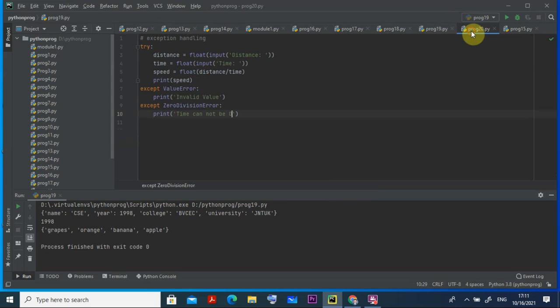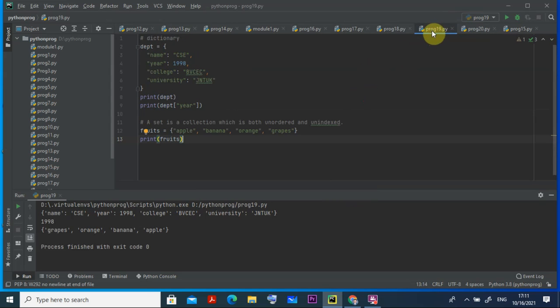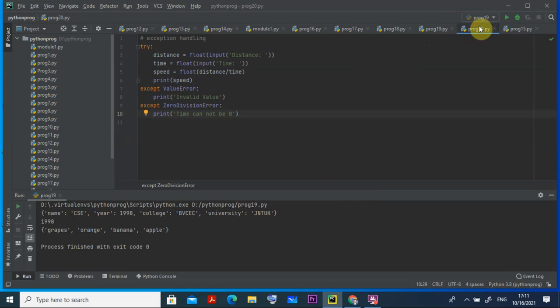The most important thing here is exception handling. So 19 we completed successfully. Yeah, 19 we have completed, and we are moving to exception handling. Why is exception handling important? Say sometimes